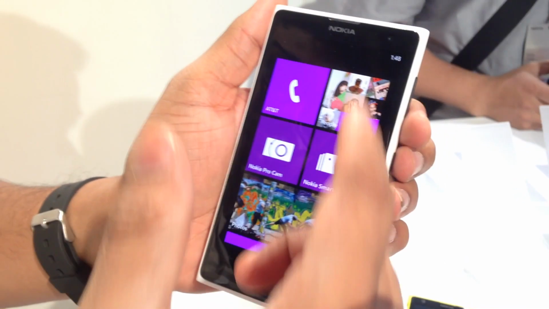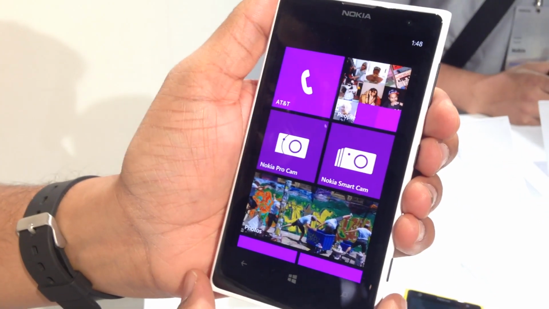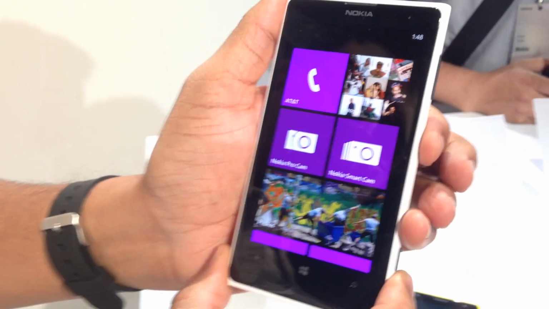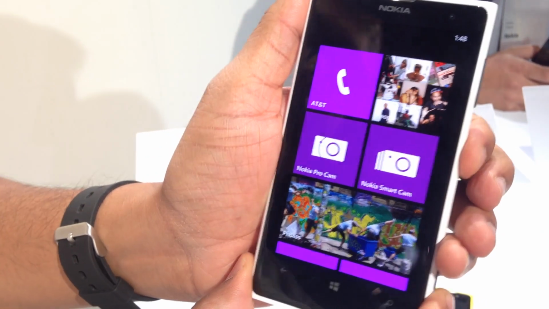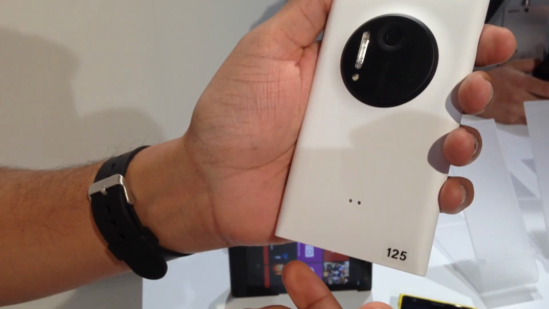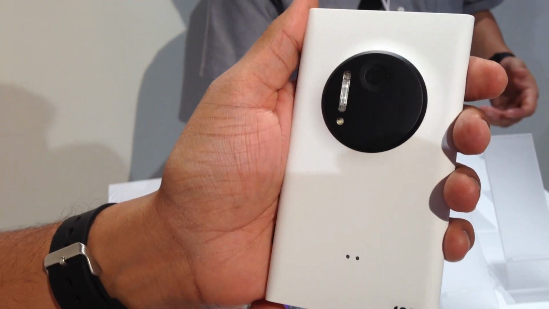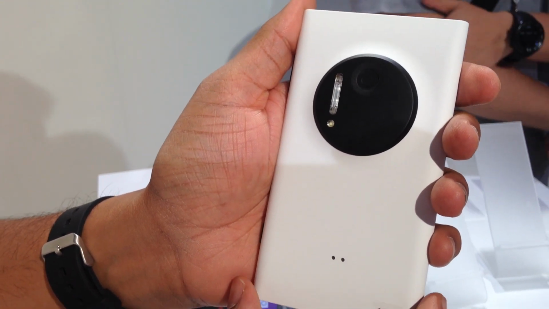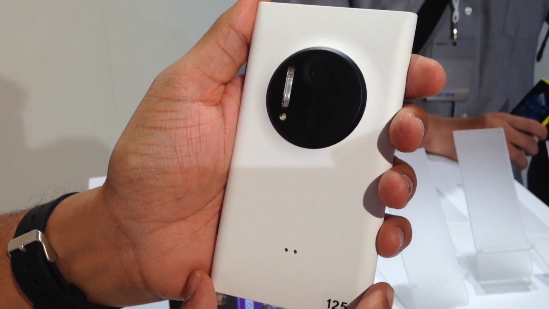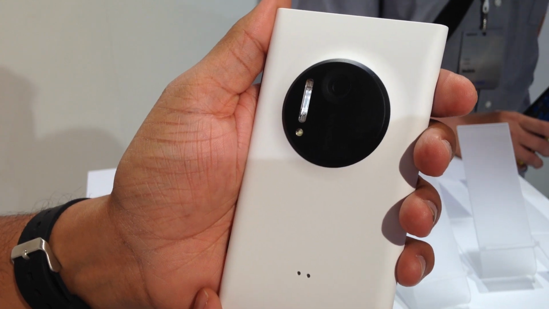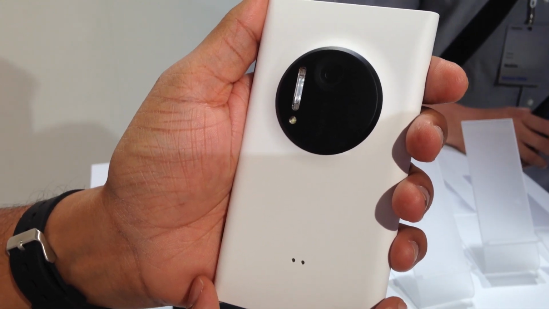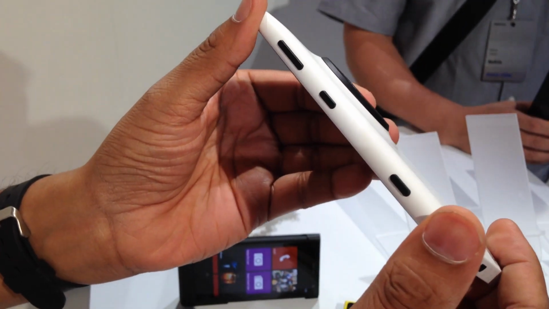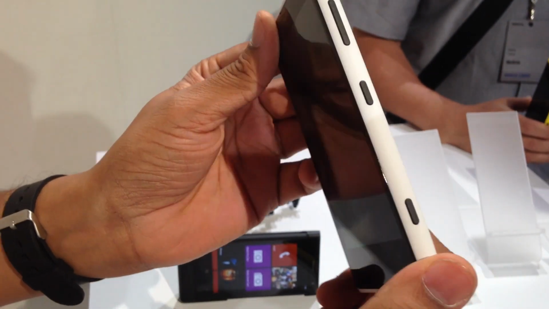The front camera is a 1.2 megapixel wide-angle lens, suitable for video calling and self-portraits. And the back, of course, is all about the 41 megapixel camera, which we had previously seen in the Nokia 808 PureView running Symbian, but finally we have it on a mainstream mobile operating system.